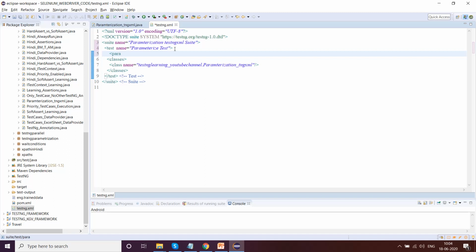Okay, so this is a new tag which you need to introduce, parameter, and then you have to give a name. So what sort of parameters you want to use? First you have to decide what sort of parameters you want to use. Like, let's say for example you want to make it certain browser specific, so you can give, let's say, browser. Okay, and then you'll have to give the value for that particular browser. So I'll give, let's say I like Chrome, so I'll give Chrome, and then I'll end that particular parameter